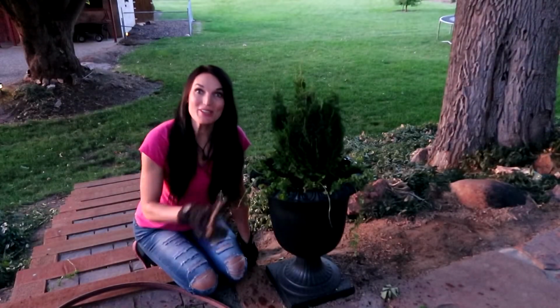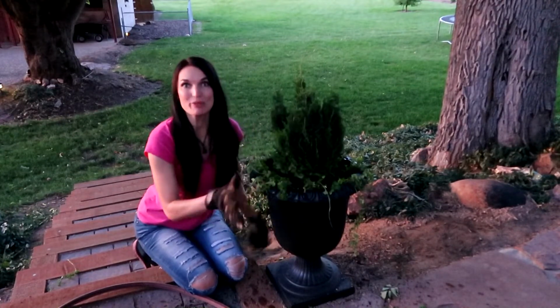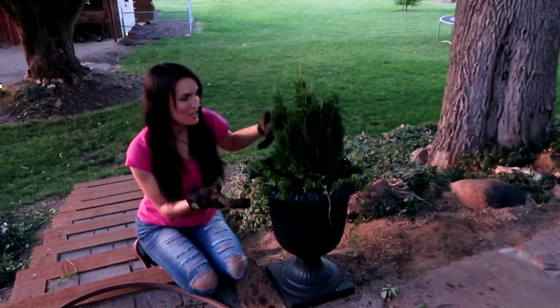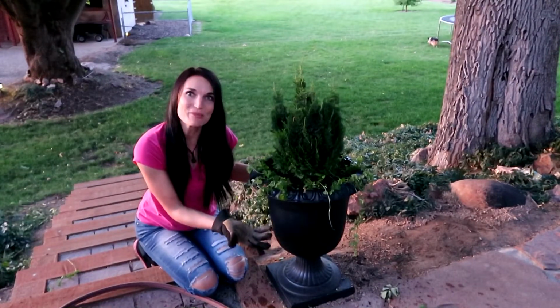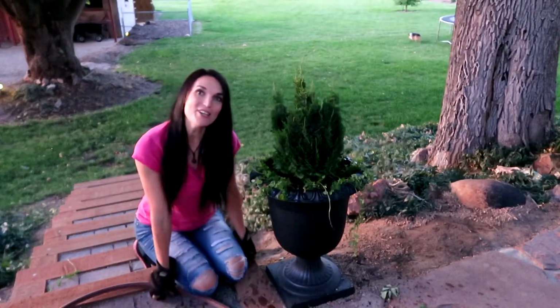Okay, so we got the ground cover, the Creeping Jenny, around the cypress. The cypress is gonna get pretty tall, but for the most part, when the Creeping Jenny starts filling in, I think that'll be just beautiful. So, we're all done with the